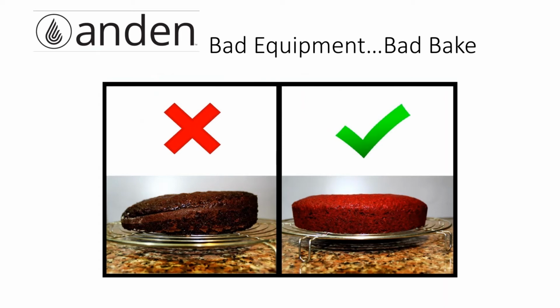Sometimes you're going to get a bad cake like the one on the left. Sometimes you're going to get a good bake like the one on the right. But it all comes down to consistency. We need equipment that we can rely on, and we need products that we know are going to do what they do, and we need control strategies that will allow us to take the environment that we know we want and create it so that we can grow the type of cannabis that we're looking to grow. And that was really eye-opening to us.